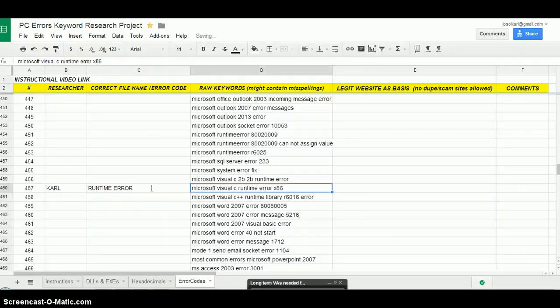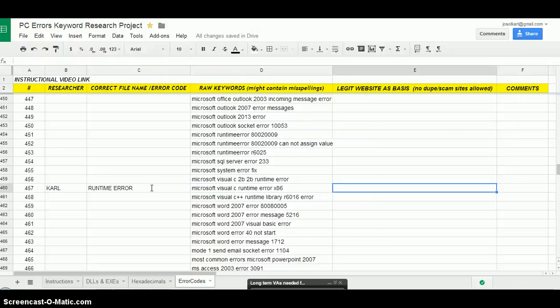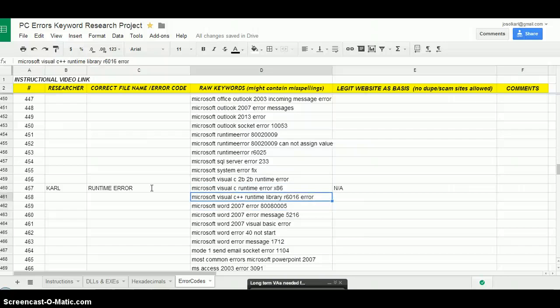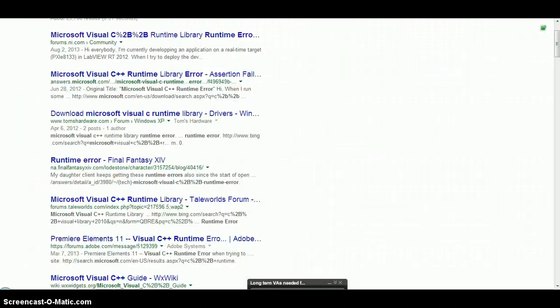Okay, so we simply put an NA on it because there is no specific error. So, for the next one after this runtime error, we simply verify it